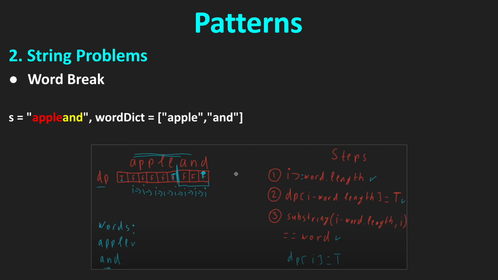Now again, we are checking against all our three steps, right? It passes the first step. Now let's go to the second step. In the second step, we are checking if dp of I minus the word length, which means minus the length of and, is true. Because for us to consider and, it means that apple, this part, should also be part of the solution. It should also be in our dictionary. That's why we are setting true for the zero index. And if any other word comes prior to apple, we should solve that subproblem also to make sure